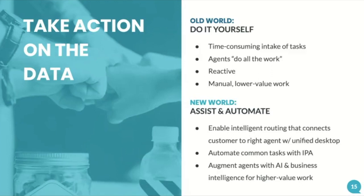They have to intake the task, understand what it's about. They really have to do all the work to solve it. It's essentially reactive, and it's pretty manual, involving a lot of lower value work. So when you bring in process automation, more data and more intelligence, you can impact the experience right from